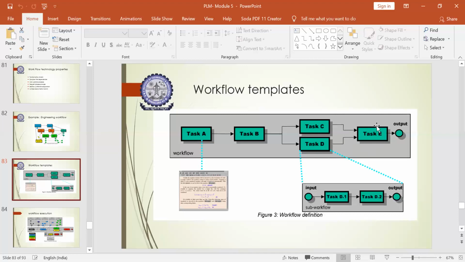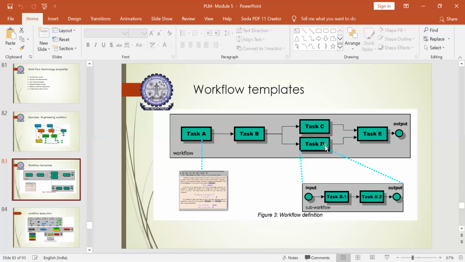So then task E will process based on the output received from C and D. Then the required end goal of the product, which was supposed to be achieved, will be received. So the product data technology helps in fine tuning all the tasks with respect to different departments beautifully, and it processes and you will yield a good product with good accuracy. So this is the added advantage of product data technology, and this is how a workflow takes place in product data technology embedded organizations.